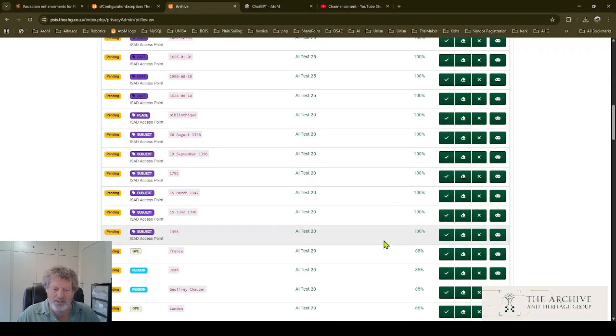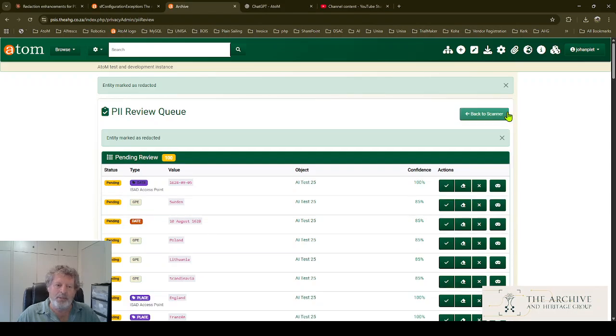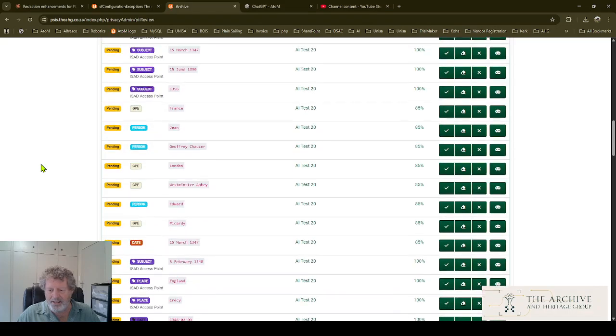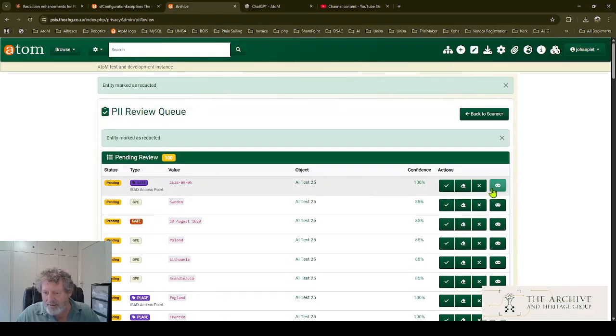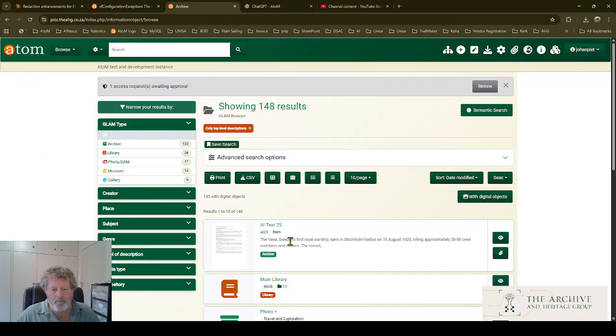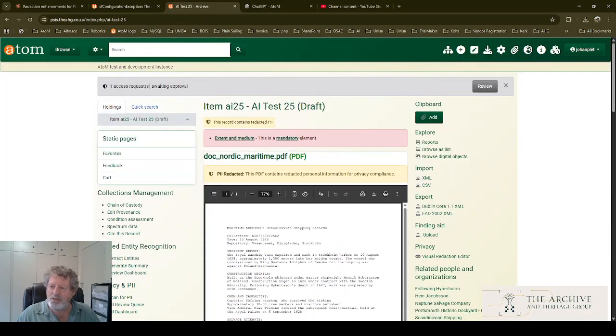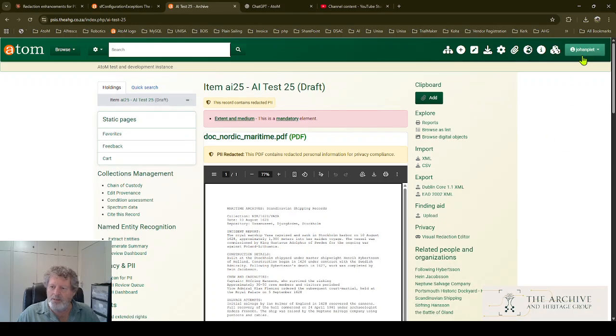There's places and people, so you can redact. It also does the ID numbers. So it says entries were marked for redaction. So I can then go back and see the stuff. I also have a visual redaction editor, so I can click it, but I'll show it on the other side. So if I go back to my item, here's the item. You will see it doesn't show the redactions because I'm logged in as an administrator. But the moment I log out